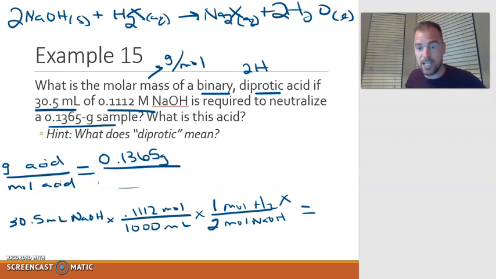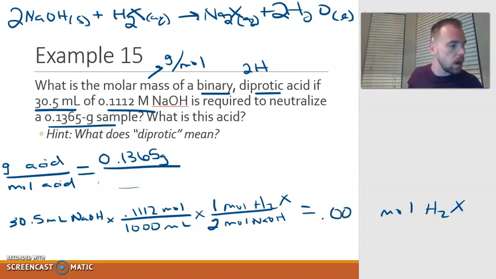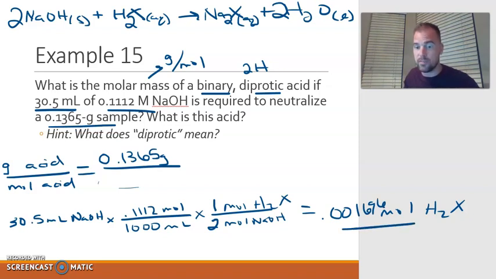All right, and so at this point, if I solve, this is going to give me my moles of the acid. So let's take 30.5 times 0.1112, and then divided by 2 and 1,000, so 2,000. I end up getting the number of moles of the acid is 0.001696 approximately. So that's the moles of the acid. If I put that at the bottom here,